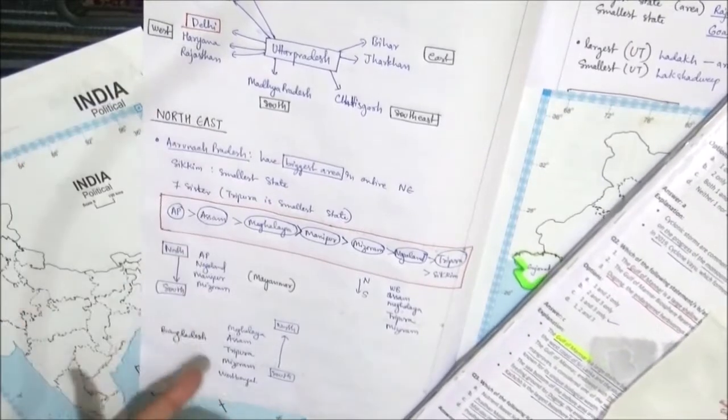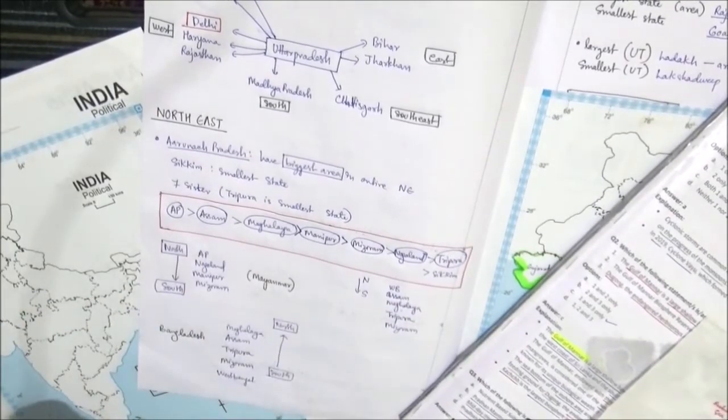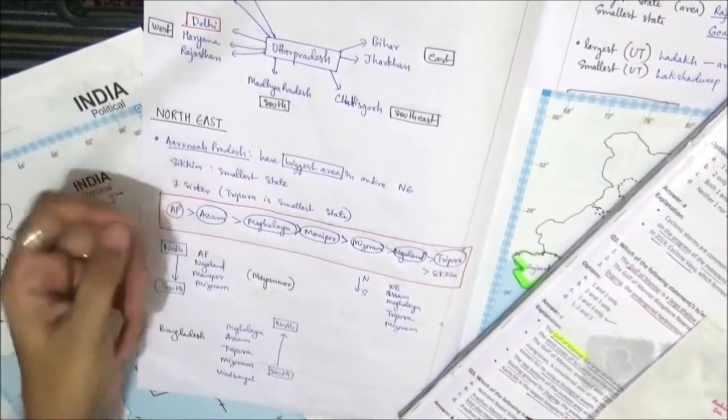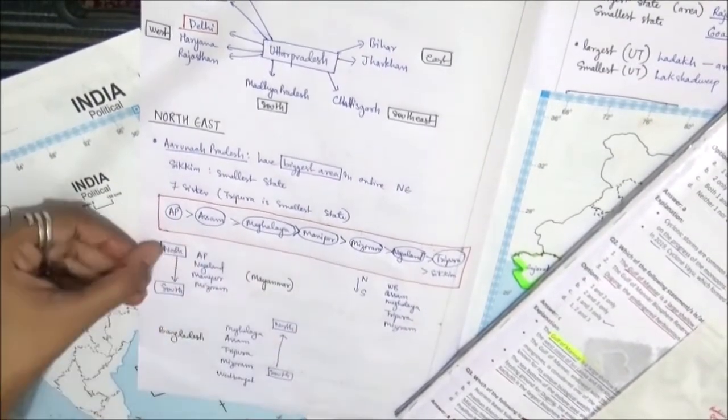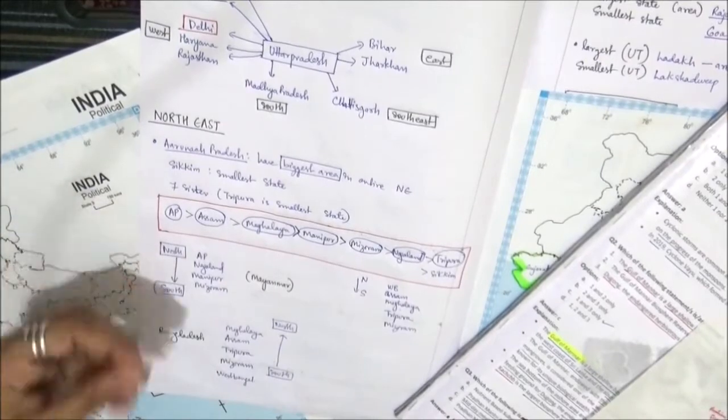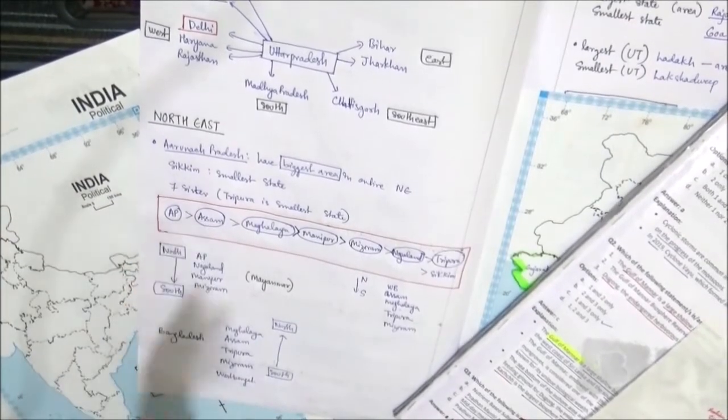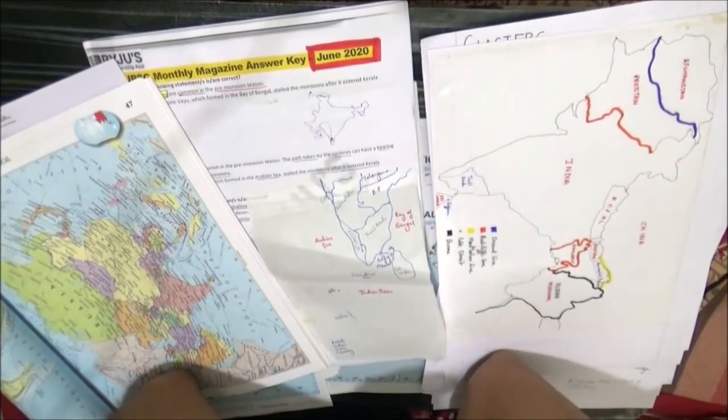So these are also techniques where we can learn maps, but here we are not drawing anything, but we are learning a lot, and which gives a lot of clarity that we are going from north to south or from south to north. This is my strategy for practicing the map.